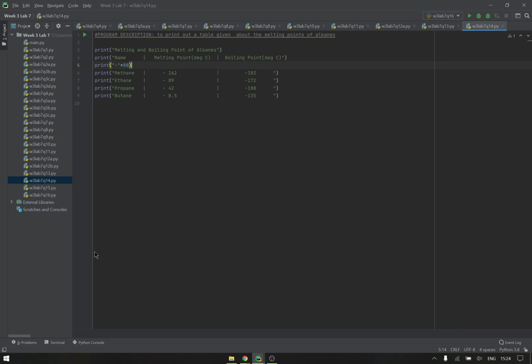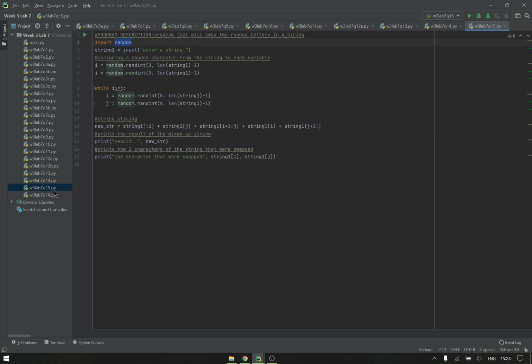14, this prints out a table of strings in a visually pleasing manner, basically. And 15, in this one, random is imported so that the program will pick two random characters in the string and swap them around. And then for